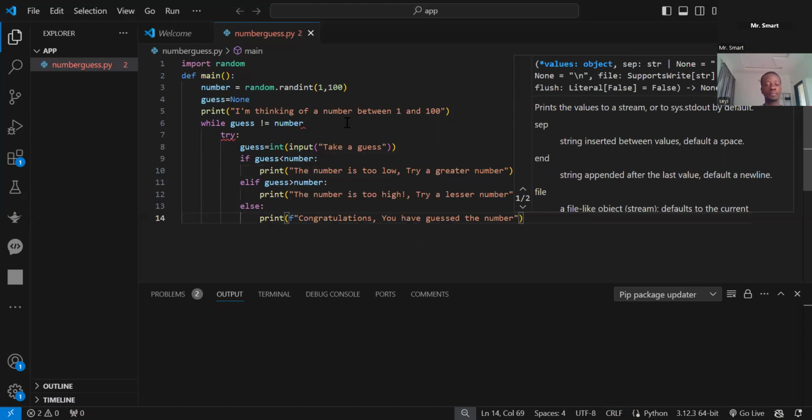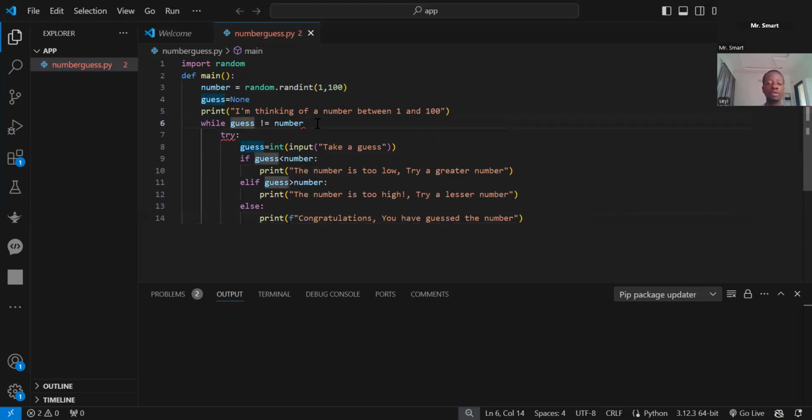Okay, let me go through this code again. Starting from the beginning, we imported random. What this does is it chooses a random number. So we give number a value which is known to the computer by random.randint(1, 100). That means we've given this number a value in the range of 1 to 100. Then we also defined a variable guess, which we assigned None. Then we asked the user to guess. We said, while guess is not equal to number, that means while what we are guessing is not equal to what the computer has chosen within this range, try,